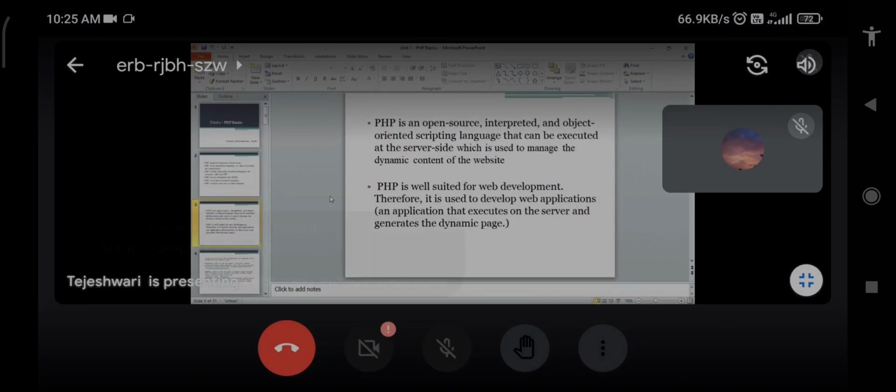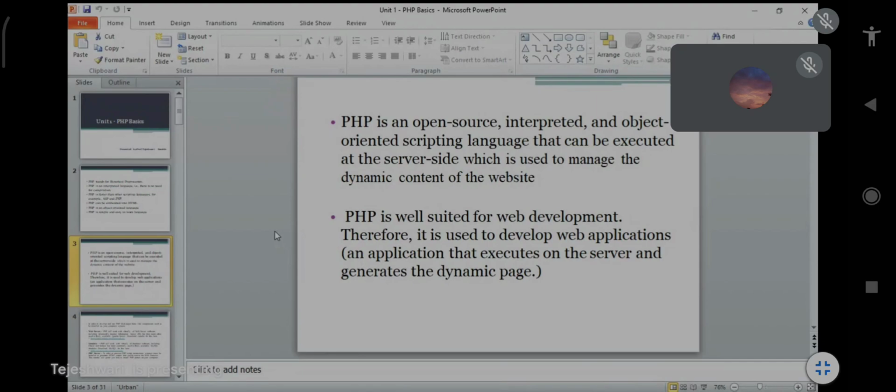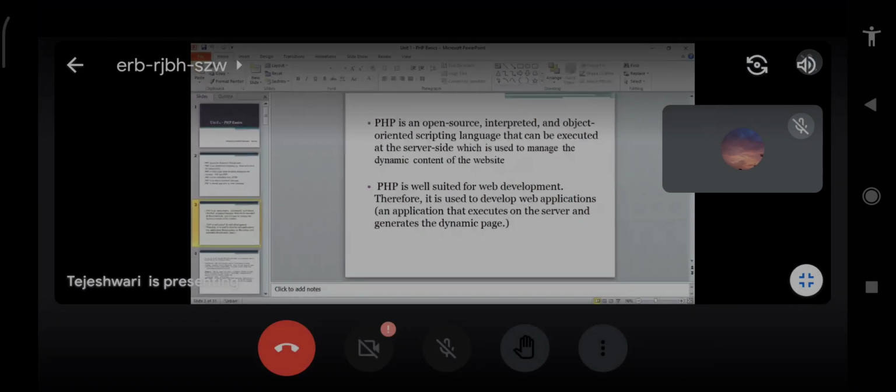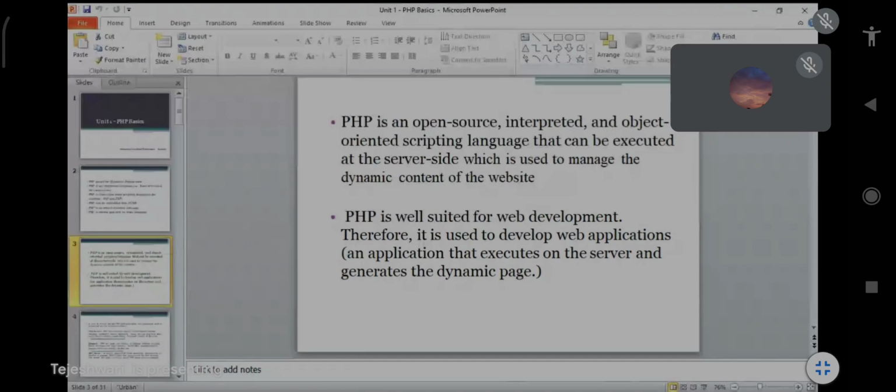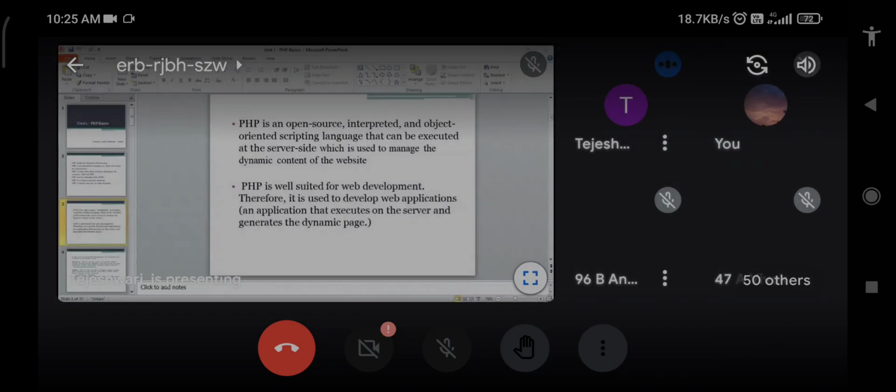Tell me fast. What is the difference between static and dynamic? Anyone tell me?